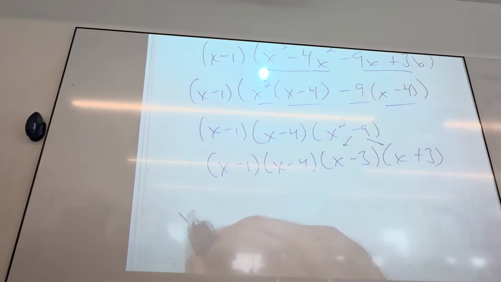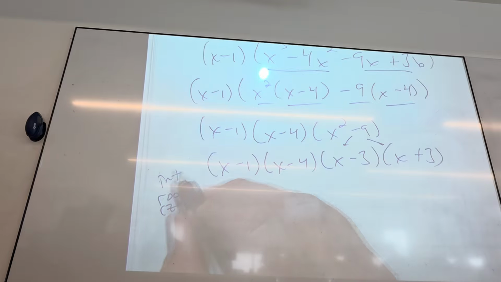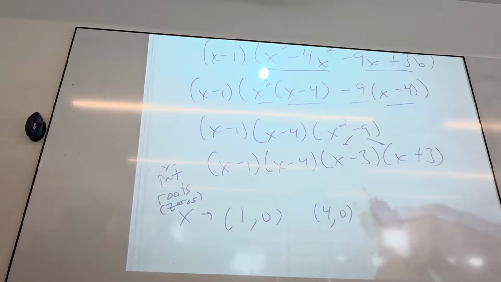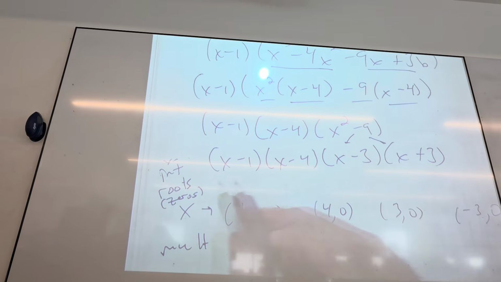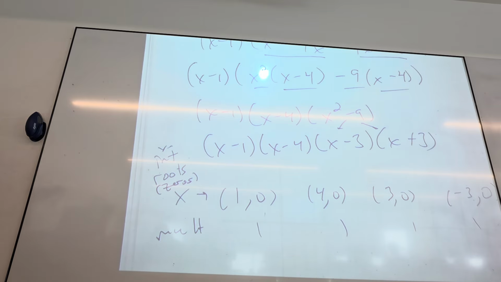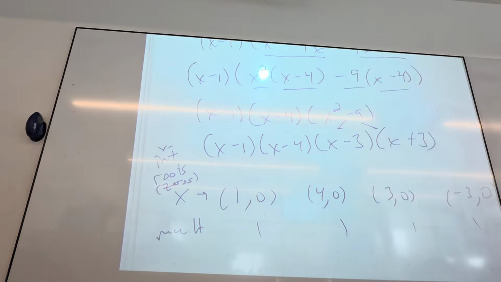So my roots, or my zeros, or my x-intercepts, are 1, 0, 4, 0, 3, 0, negative 3, 0. And of course the multiplicity of each, it's a little boring for this one. What's the multiplicity of each one? 1. So what's it going to do at each one? When the graph approaches the intercept, it's going to go through. It's not going to bounce. It's going to go through. So it goes through every single one of those. So it's going to end up looking like